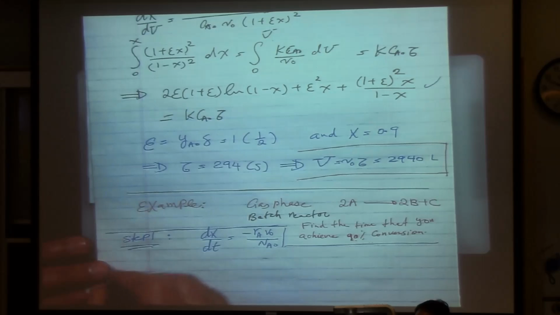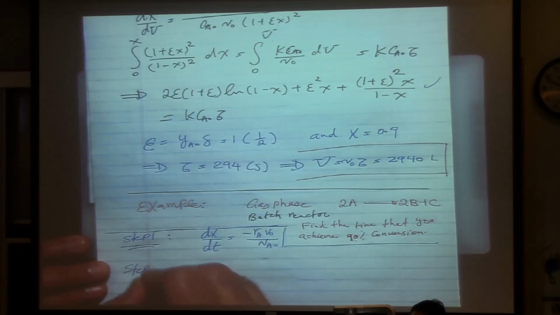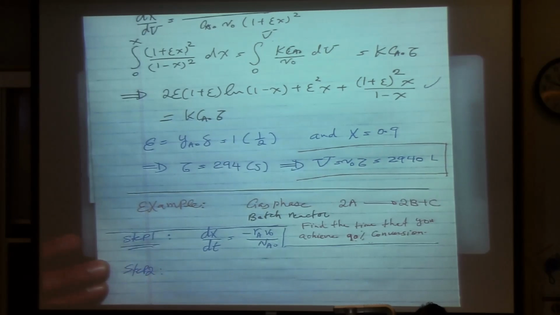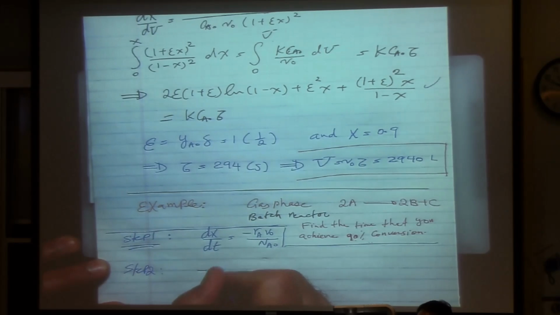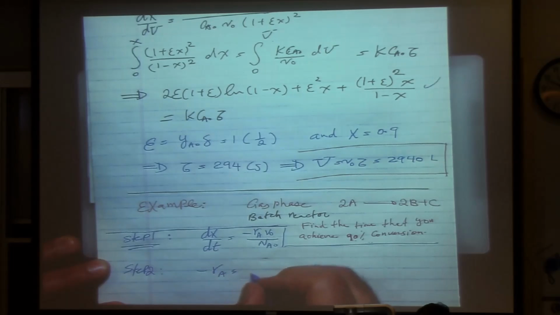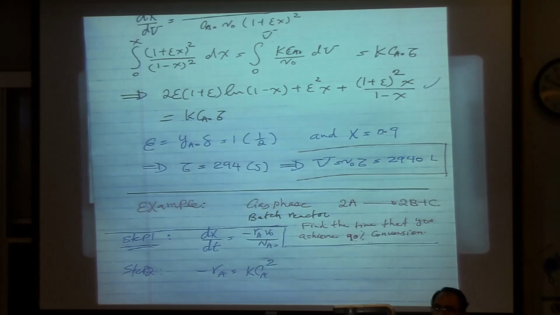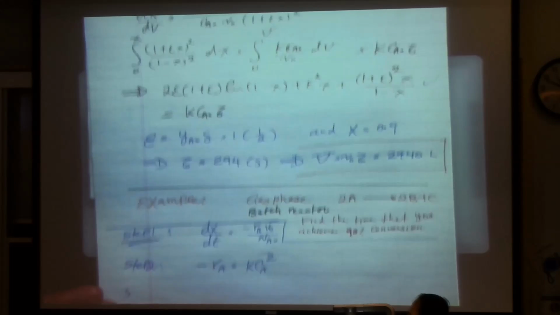Okay, so we have done the mole balance and rate law now. Step 2 is the rate law, which is minus RA equals k CA squared. I'm going to write the stoichiometry and then solve it next lecture. So step 3 is